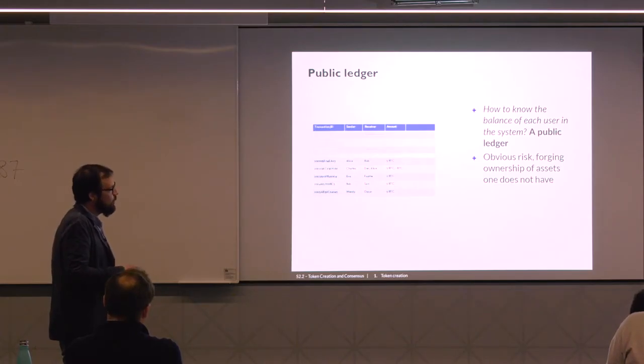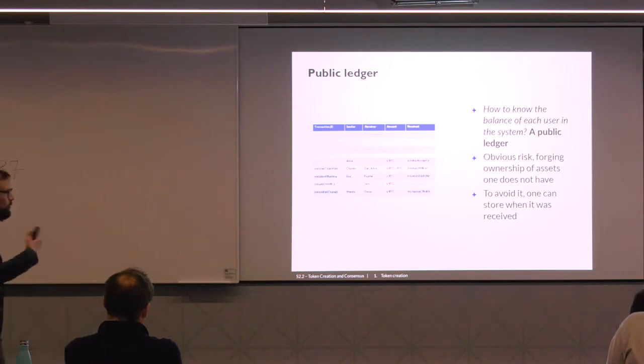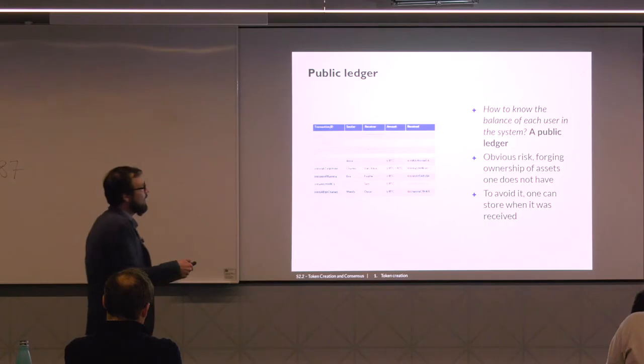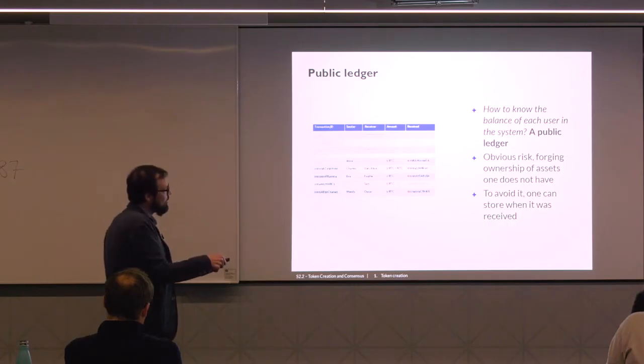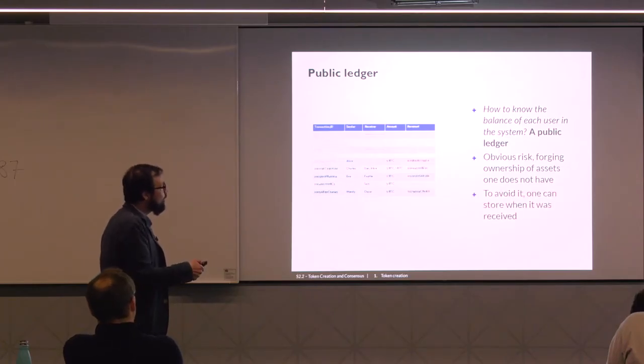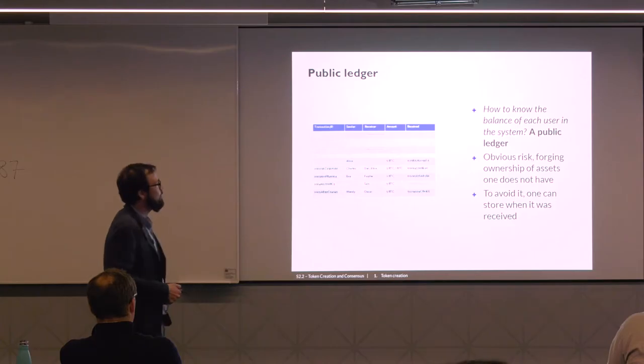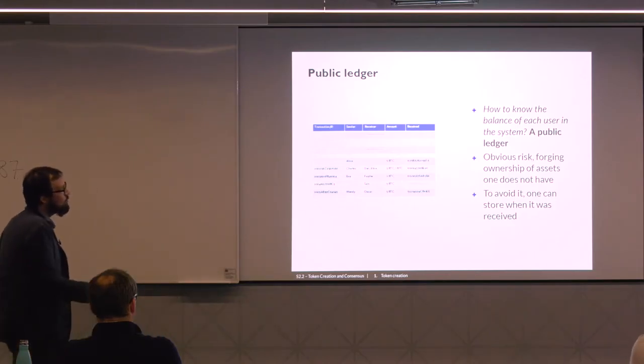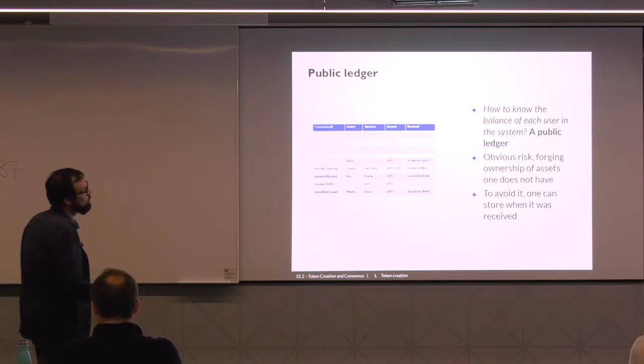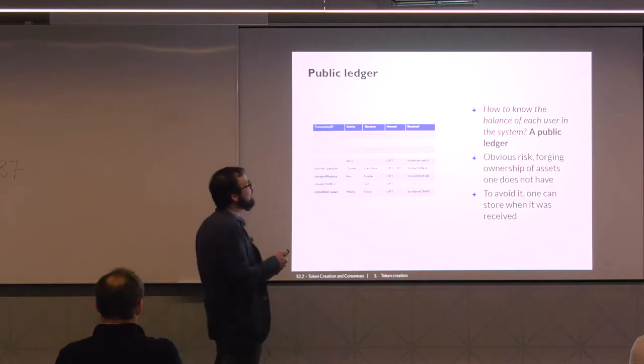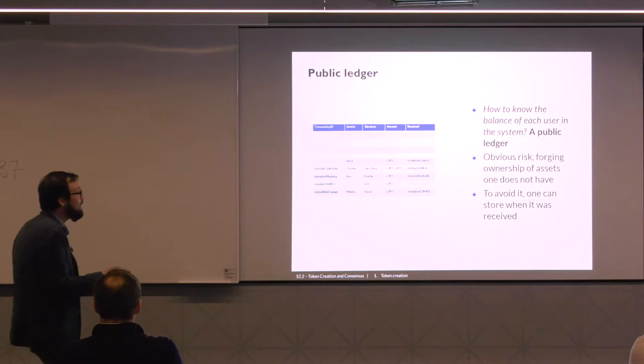In order to avoid this, what Bitcoin-like blockchains do with this UTXO, as I said before, is point to the transaction where these funds have been received. In this case, Bob wants to send Sam 5 Bitcoins, and Bob specifies, I want to send to Sam 5 Bitcoins that I received in this transaction. Given that this is a ledger, and if we assume that this ledger contains the bookkeeping of all the possible transactions that took place between the system participants since the system was created,